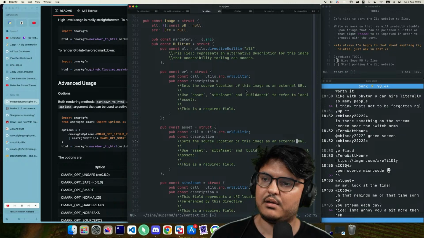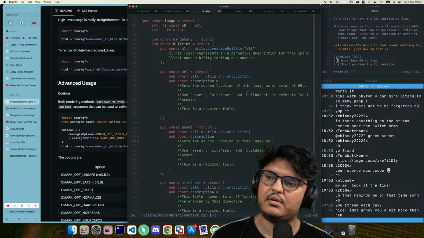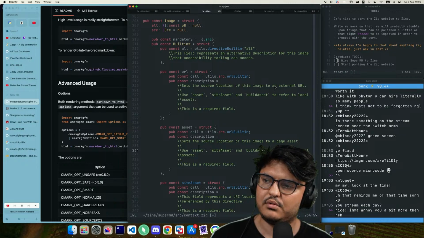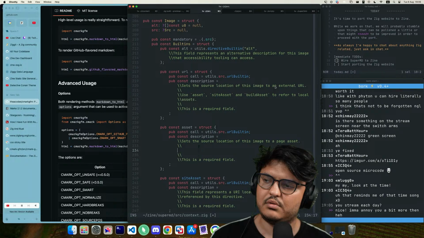I think they should say to an external URL. Set the source location of this page to a page asset. See also URL, site asset and build asset.